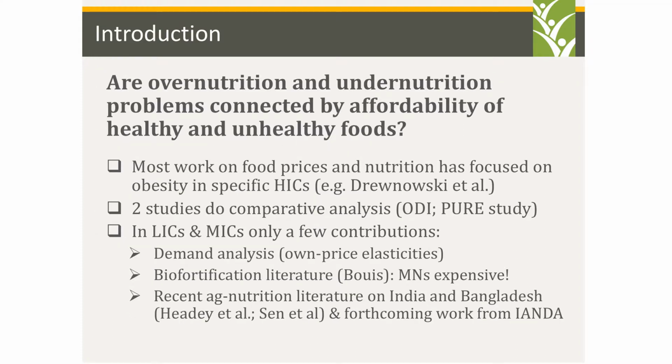So the question we're trying to get at here is, are overnutrition and undernutrition problems connected by the affordability of healthy and unhealthy foods? I'll define affordability in a minute. Most work on food prices and nutrition has actually focused on high-income countries, which is weird. For example, Drewnowski has looked at this issue in the obesity literature and found that higher prices of healthy foods explain obesity in places like Seattle and other high-income countries. So it's strange that we haven't seen much on that yet in low-income countries,